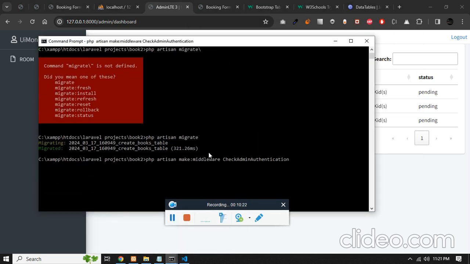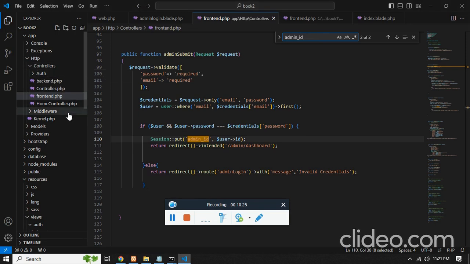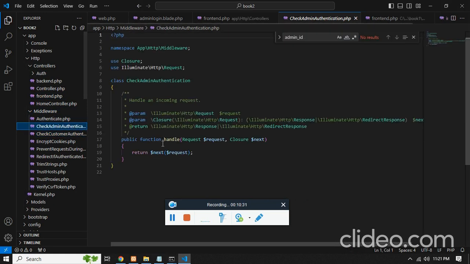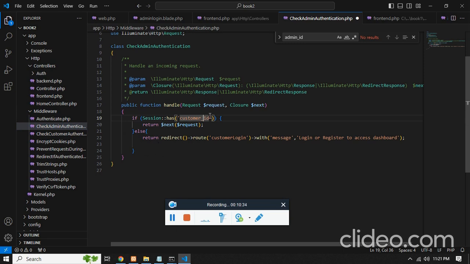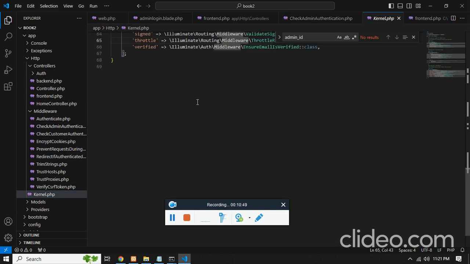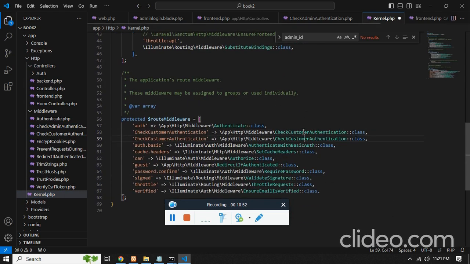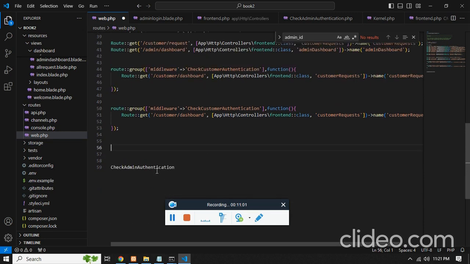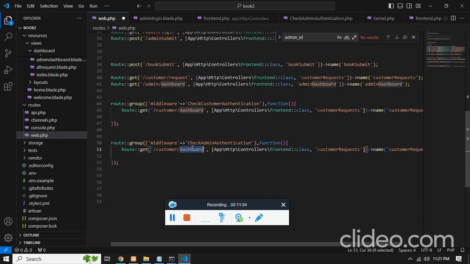New file, and over here middleware admin authentication, we have to copy the same code and paste it. Here the only change is it's going to be admin ID because we have made the variable as admin, and redirect them to admin login saying that to access admin dashboard, and we have to register this middleware over here. This is the name of the class and this is the nickname, and in the web.php again we need to create a route group that will protect the admin dashboard,